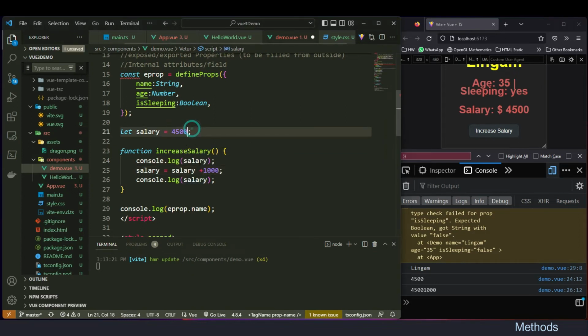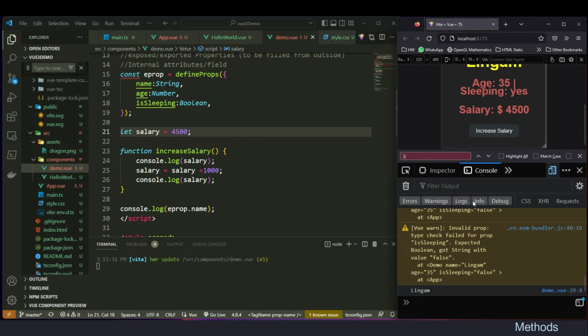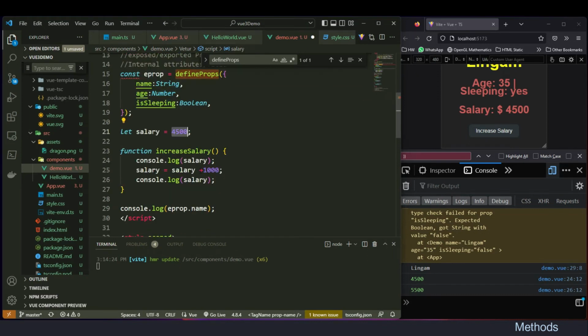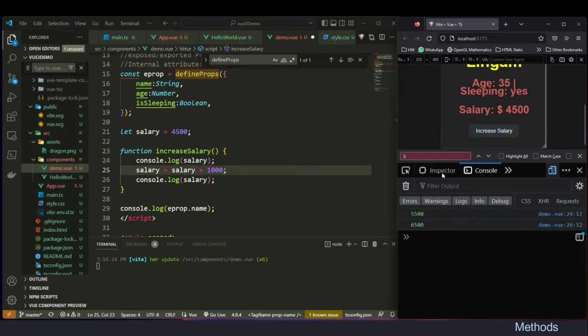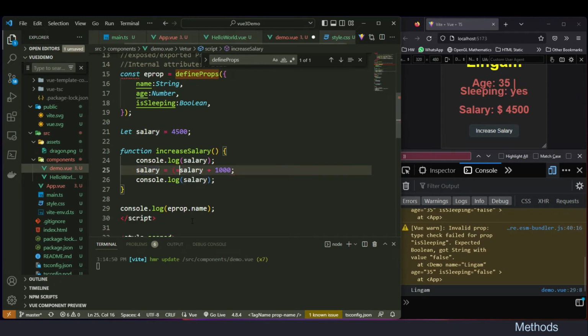Let's remove the brackets here, so it's a number. Oh, very good. The reason is it is considering this 4,500 as a string, and that's the reason why when we press that, before it was concatenating them. The easiest way would be to put a plus symbol in front of whatever you consider as a number, and add it with another one. So now when we do this, refresh,